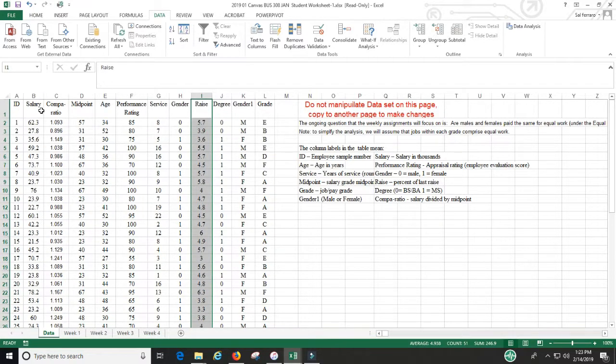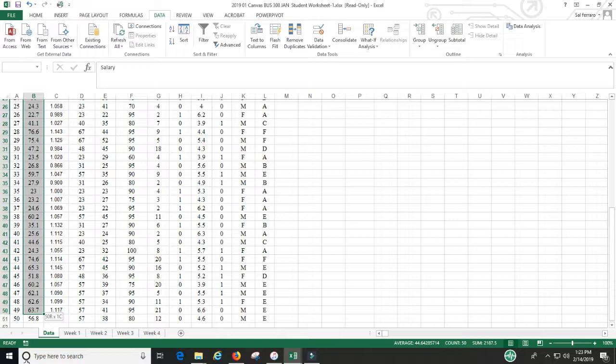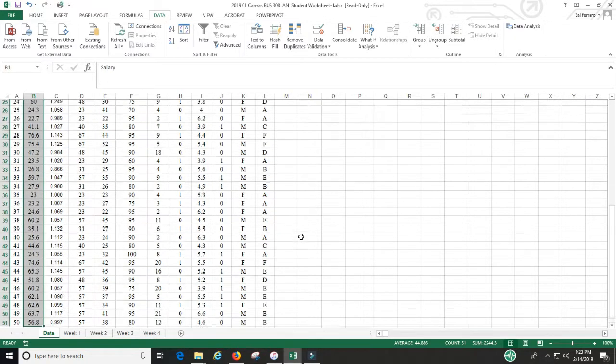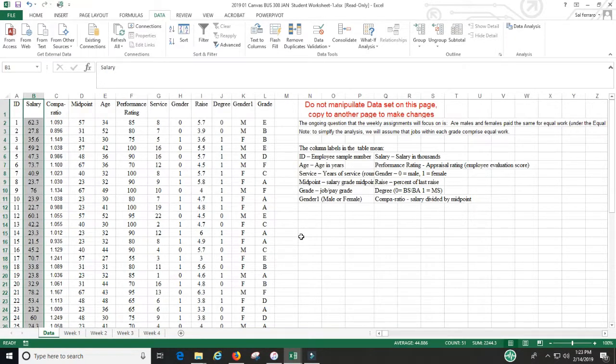So what we want to do, we want our salaries. Now you can do these individually or whatever, it doesn't really matter. I just like doing it all at once. So I'm going to highlight my salary range. I'm going to come back up to the top. I'm going to press and hold my control key, and I'm going to come over to service, highlight these, bring